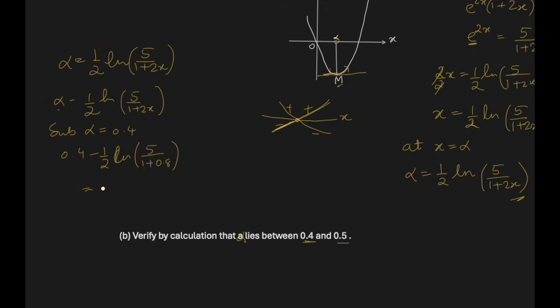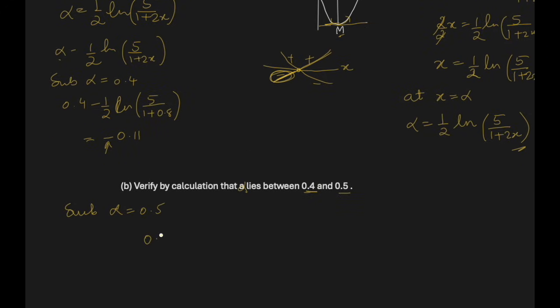What I'm getting here is negative 0.11. So we got this case. Before the solution is negative. So only sign is required, okay? Now substitute alpha equal to 0.5 now. And what will that be? 0.5 minus 1 over 2 natural log 5 over 1 plus 2 times 0.5. And in this case I'm getting positive 0.041. So we can see that there is a change